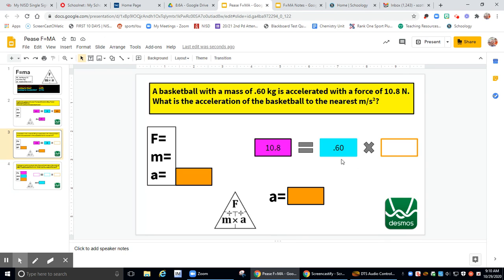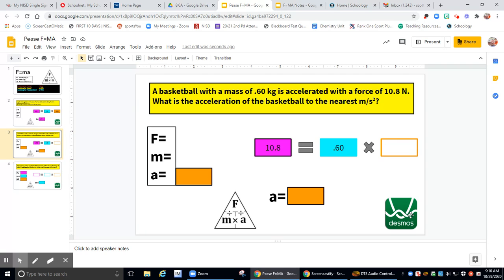So now this is kind of odd. So we need to know what number here. This is where we have to manipulate that formula. So we have to get the unknown by itself on one side of the equal sign. So we would divide this side by 0.60 to get it alone, to cancel out the 0.60. And if we do something on this side, we have to do it on this side. So this would end up being 10.8 divided by 0.60. So again, we're looking for acceleration. So if we cover up the A, the way we figure out the answer is force divided by